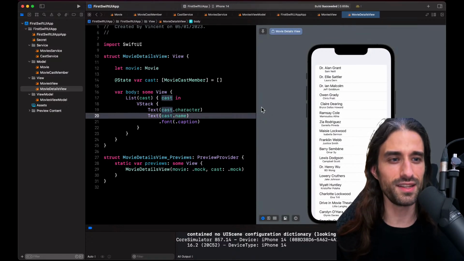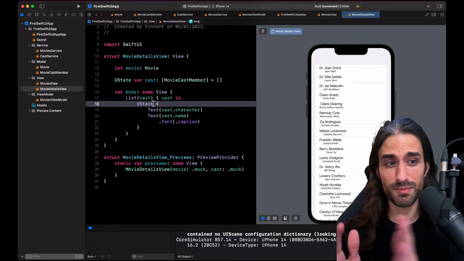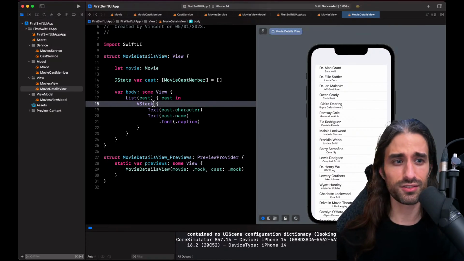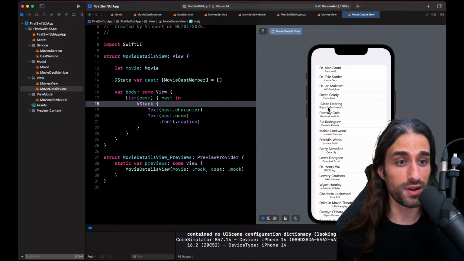So text is not aligned to the left. Yes, exactly. By default, a VStack is aligned to the center. And that's what's happening here. The list displays from its leading edge, so to the left in that case, because I'm using a language that reads left to right. However, since it's centered, when the name of the actor is longer than the name of the character, the name of the character is centered with respect to it, and same thing the other way around.